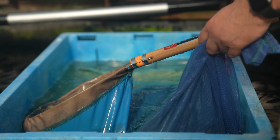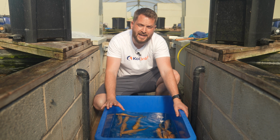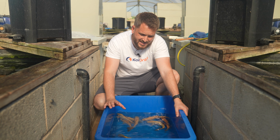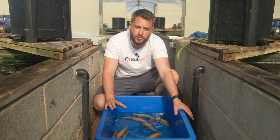Right, in here I have a sample of the fish from what I'm keeping. I think there's about 100 going back into that 1200 gallon pond. Now what I want to point out here: although this is my first selection of these, the first time I just took a load of Chagoi out of the pond, technically on the Karashigoi this is the first selection. When these arrived to me, it was certainly no more than 8 weeks ago,